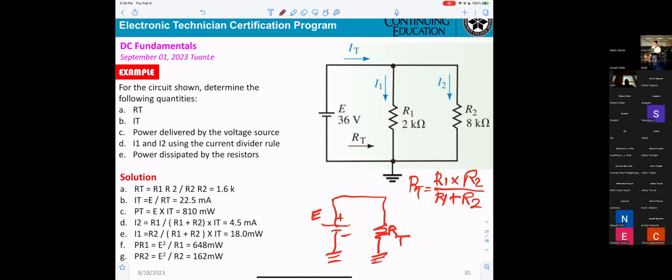That one is the total. And now if you are going to calculate the I total,